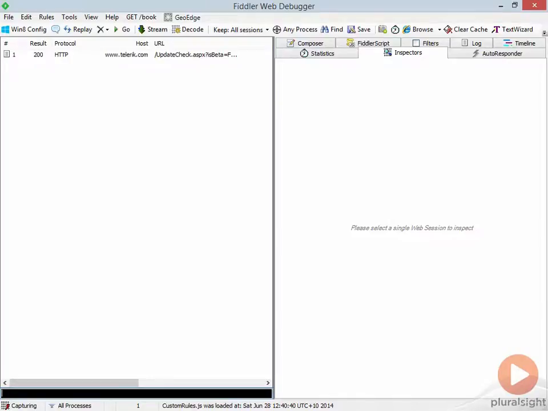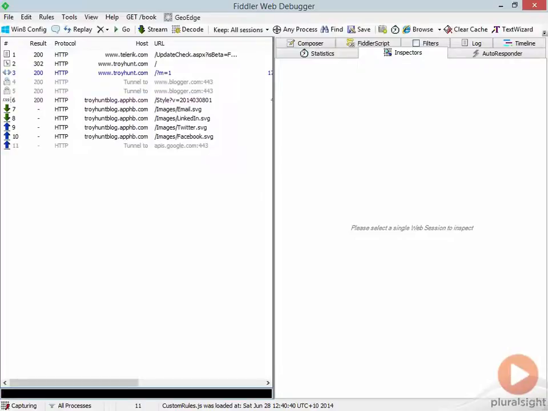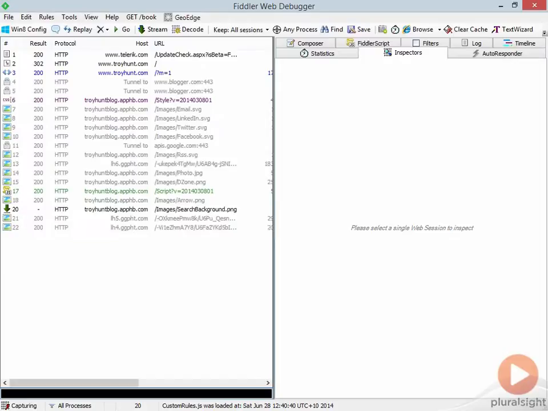I've jumped back over into Fiddler and I've got my iPhone in my hand, all ready to start making HTTP requests that are going to proxy traffic through Fiddler. So here's what I'm going to do. I've got Safari open on the iPhone and I'm going to type in troyhunt.com and go. And in fact, as I start typing this in, we can see a bunch of requests appearing